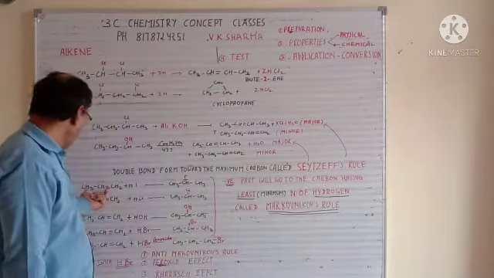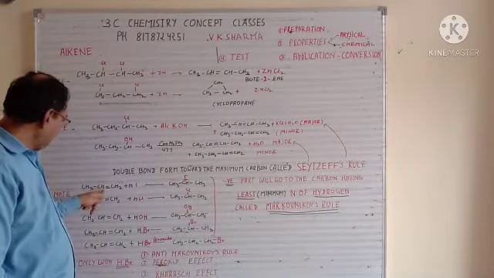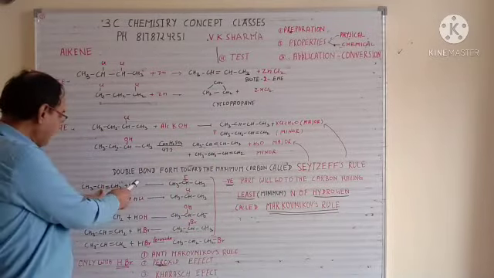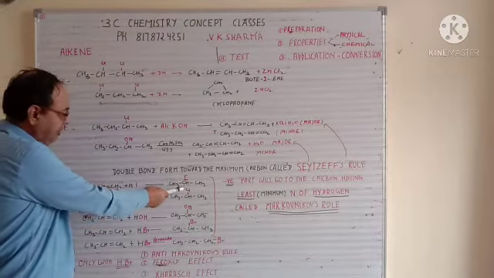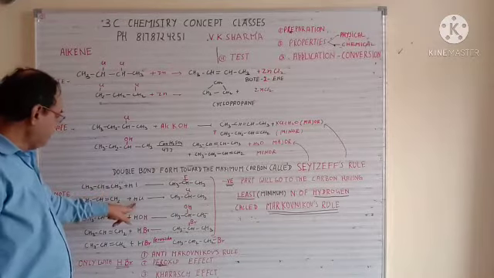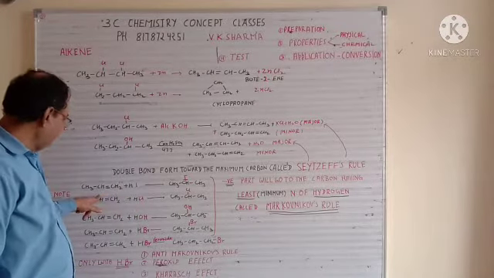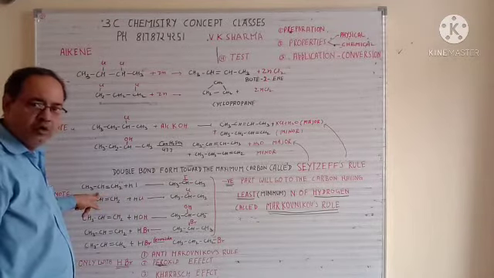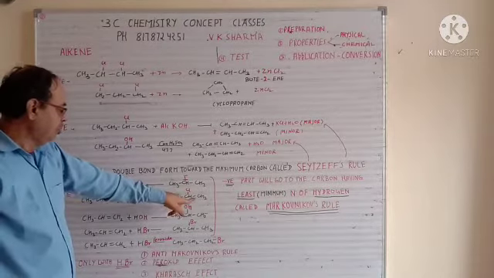Let's take the example of propene. This carbon has fewer hydrogens, so the negative part will go only to this carbon. So it will give you 2-iodopropane. Suppose we are taking HCl, the negative part will go to the carbon having the least number of hydrogen, again the Markovnikov rule. So you will get 2-chloropropane.